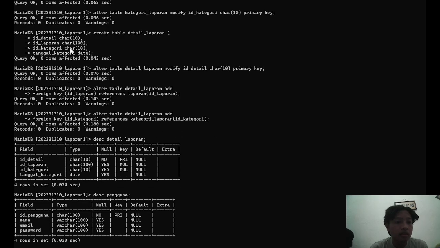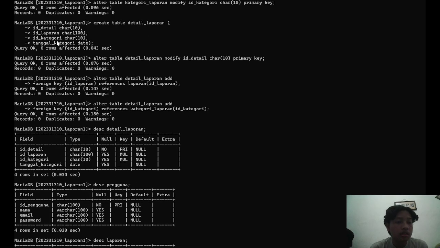And then the fourth table, I create the detail laporan table. In this table, there is one different data type. There is date, for tanggal kategori.